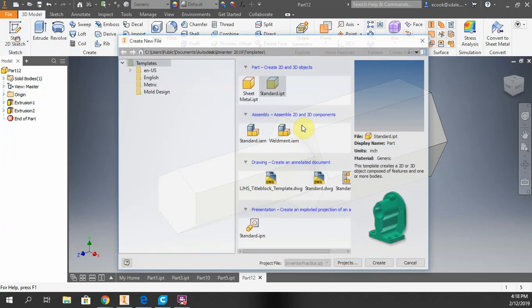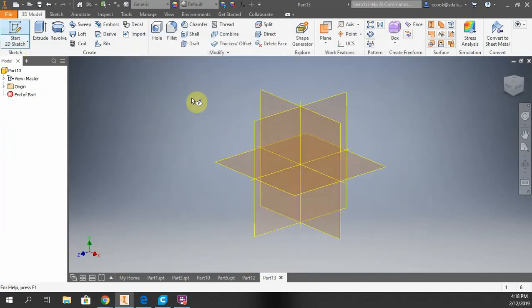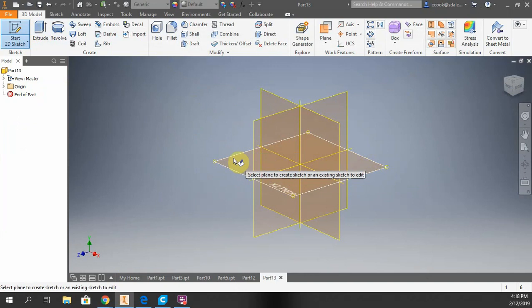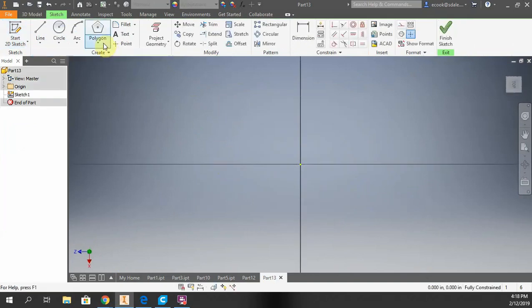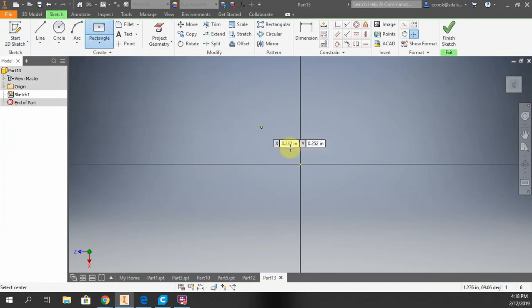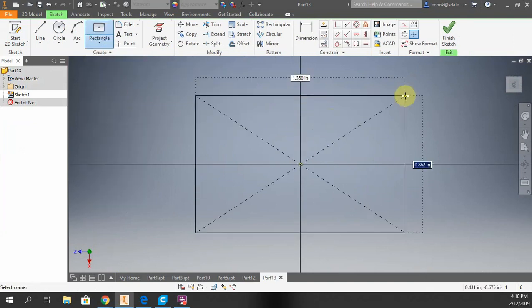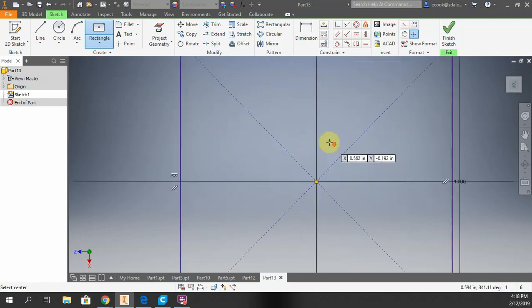So File, New, and create the next IPT. So I'm going to click on Start 2D Sketch, and I actually am going to draw it from the XZ plane, so it can start from the base and work its way up. So for this one, I'm going with the XZ plane. I need to select my rectangle tool, so it defaulted to polygon because that's what I used last, but this time I need to use my rectangle tool, so I'm going to go with 2-point center, and this is a 4 inch by 4 inch square. So now I have my 4 by 4 square,